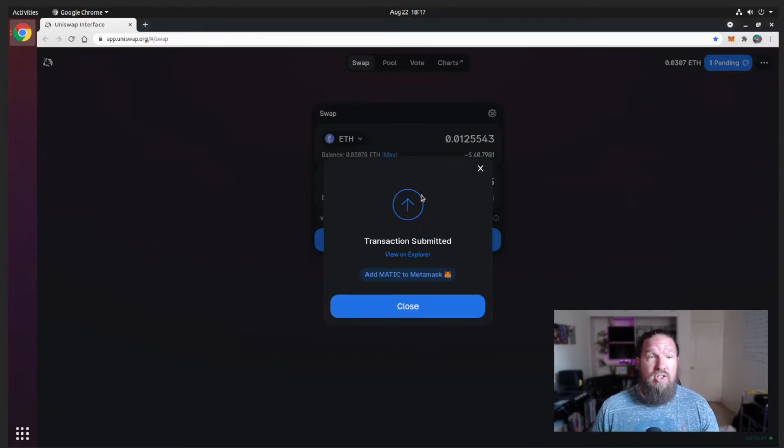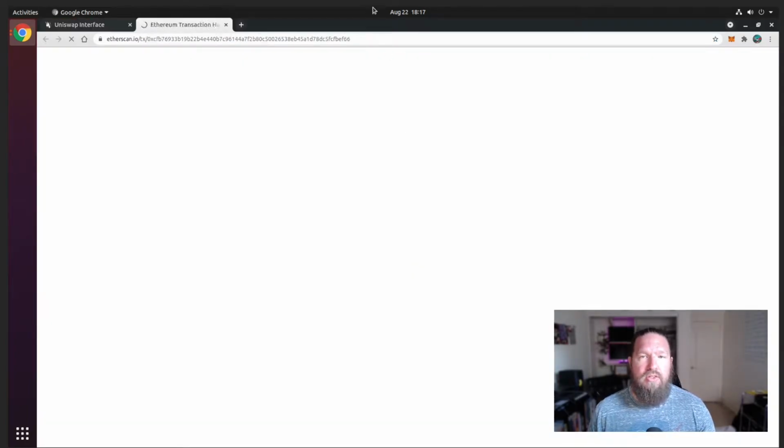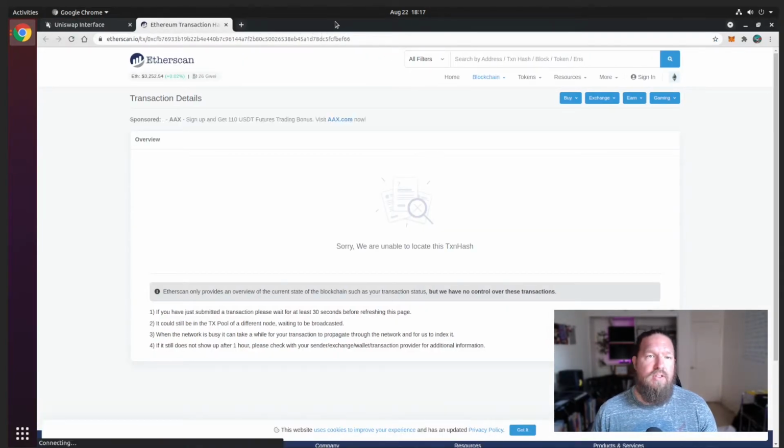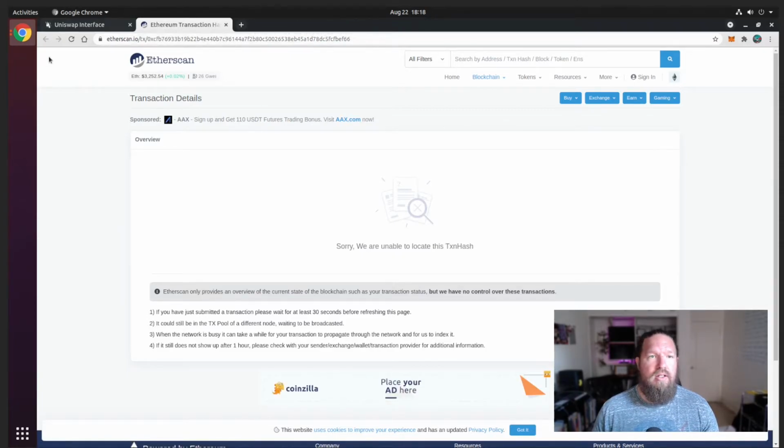And now that transaction is submitted on the blockchain and processing. And we can watch that in real time. If we click on the View on Explorer button here, it will redirect us to Etherscan, where we can see the specific transaction processing, and then we'll know whether or not it is completed. And then we can verify that by checking our MetaMask account and seeing if we see the $40 worth of